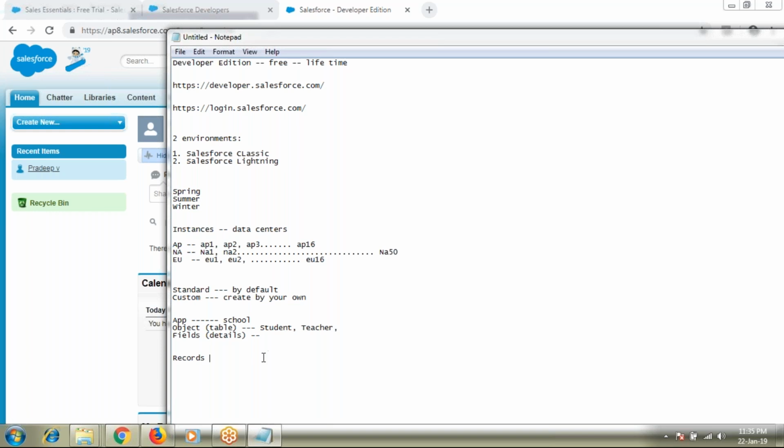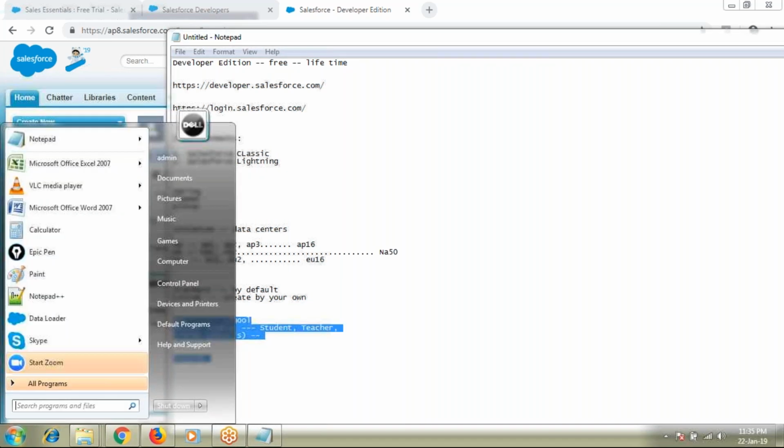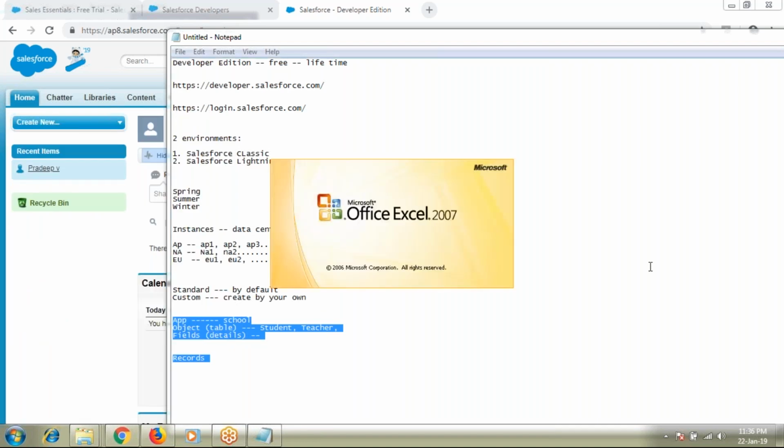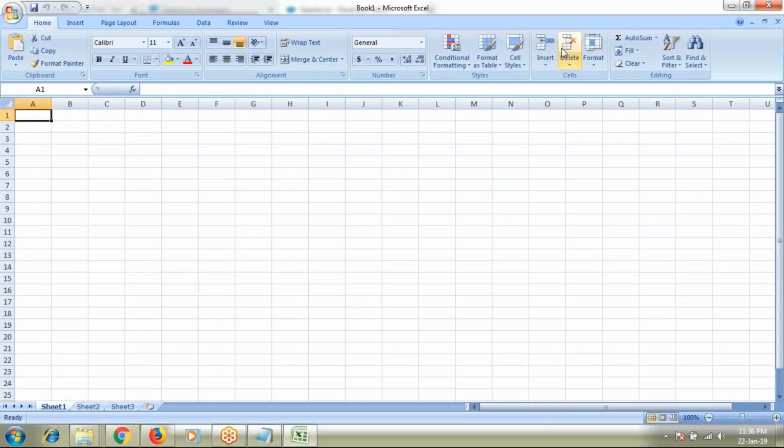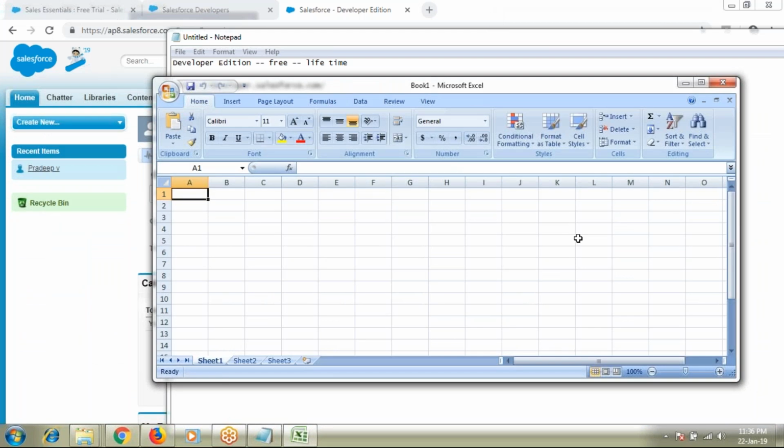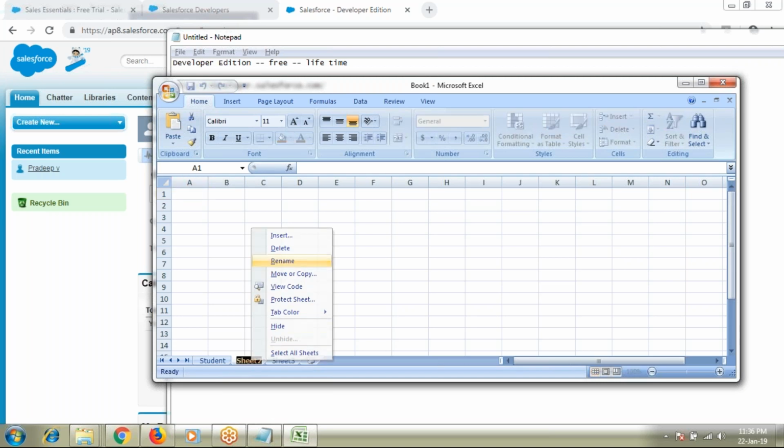records. So let's understand the application, objects, fields, and records by taking an example of an Excel sheet. I can also use an Excel sheet to track my entire school related information, students and teachers and other examples. Let's suppose the first sheet, I'll name it student. The second sheet, I'll name it teacher.